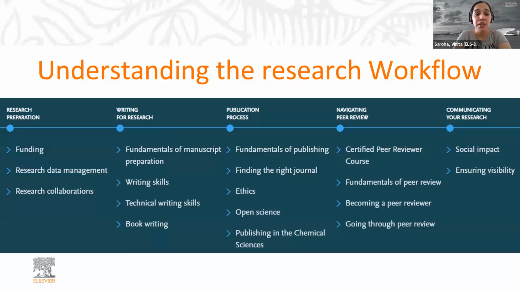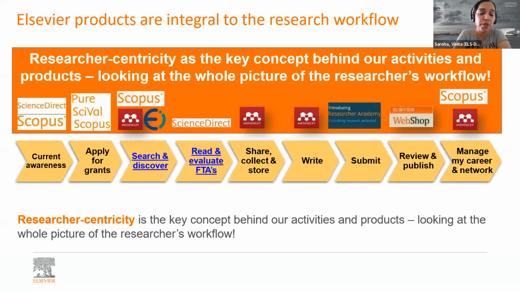And then comes the communication of your research, that is, increasing the visibility of your paper. It's very important to understand that your paper is your product and you have to sell it to get good citations. If your paper is visible to the community you want to reach, that will increase the probability of getting higher citations. So this is how a schematic representation of the workflow looks. Again, it may vary depending on which area you are in, but this is how the different stages look. Now, let me quickly take you through how Elsevier is there to support you in this journey,